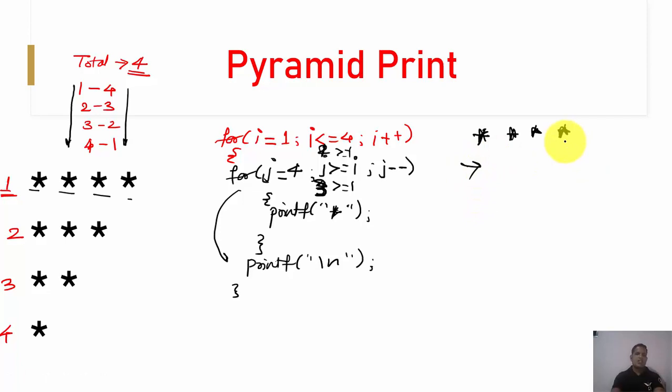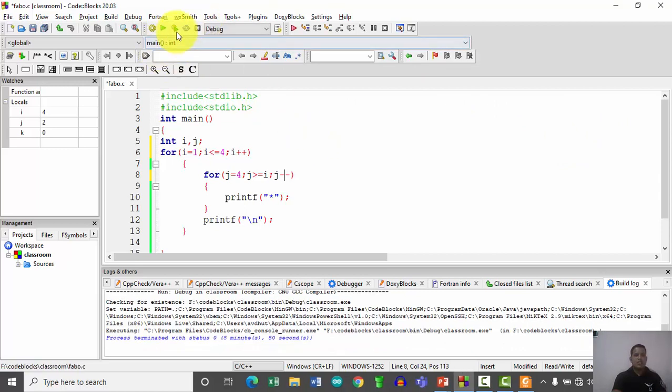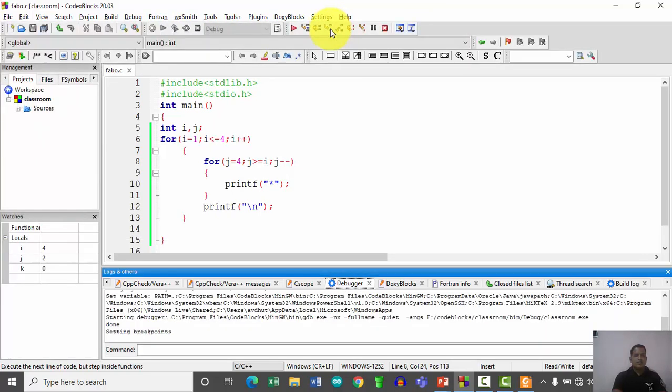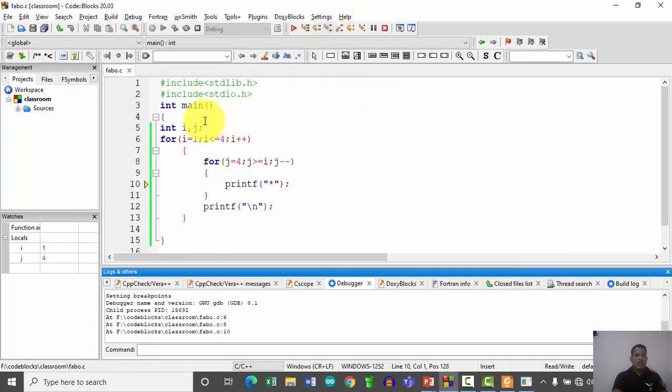Let us cross check this with the execution of this program. Now I and j: for I is equal to 1, I less than or equal to 4, I plus plus, and j is equal to 4, the value of j should be greater than or equal to I, and j minus minus. First the value of I is 1, and the value of j is 4.